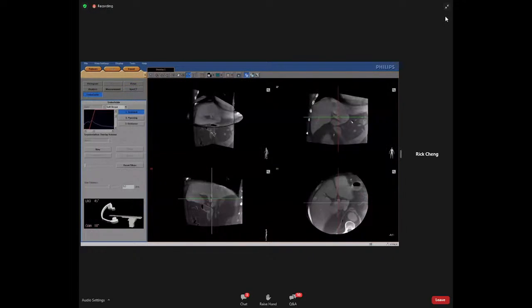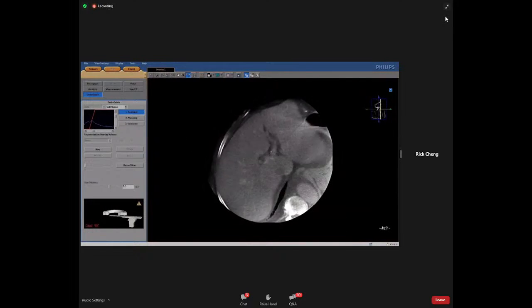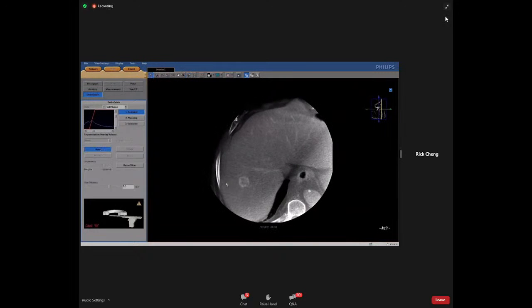Proceed to the Embo Guide application. The application opens automatically in the segment step. The late phase will be visible and the arterial phase will be hidden. Select a single viewing pane and scroll through the cone beam CT volume to identify the lesions for treatment.